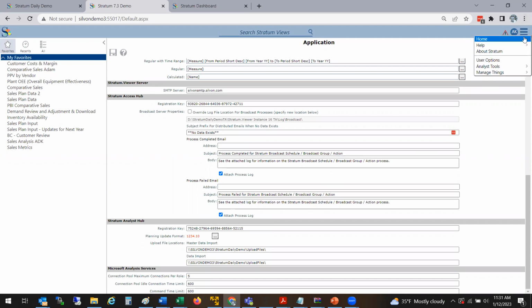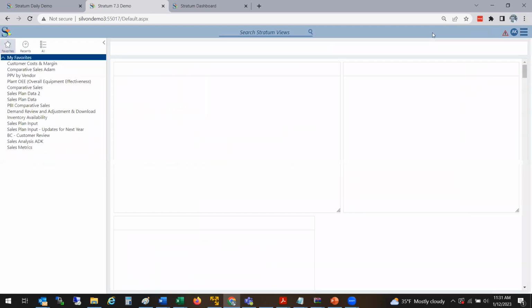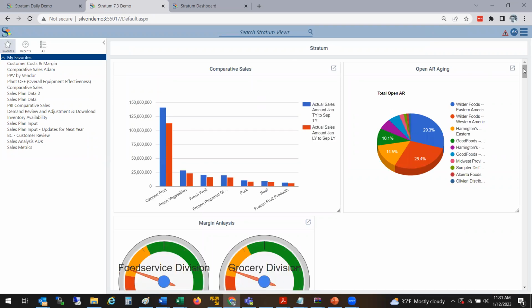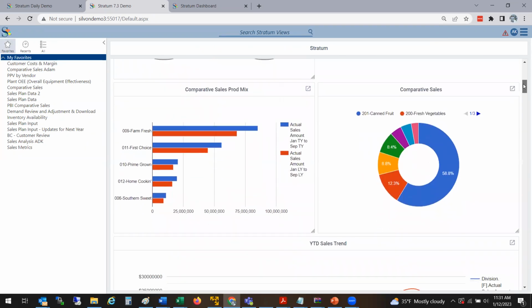And if we go back to our home page, we can see our dashboard. So that was a big one, obviously, getting you the ability to make these fantastic looking charts, where they're completely interactive, and